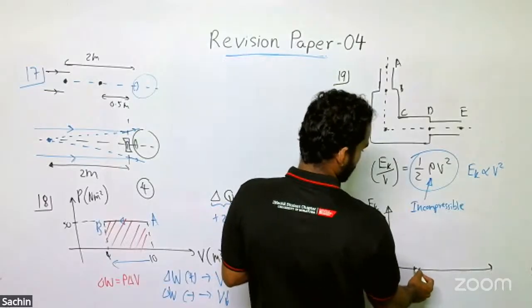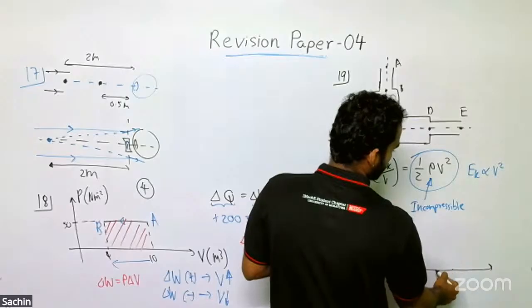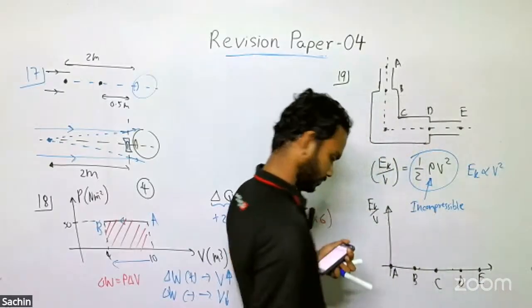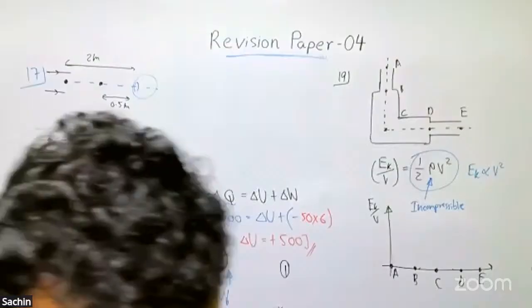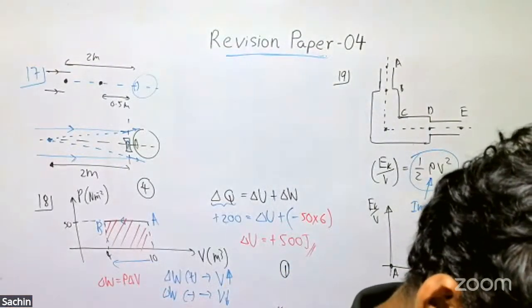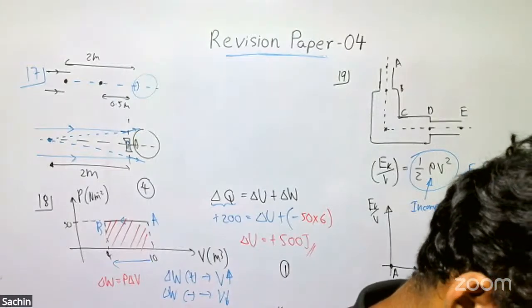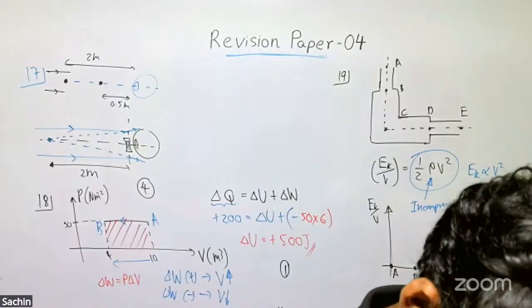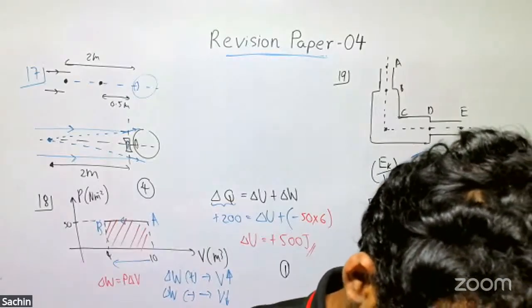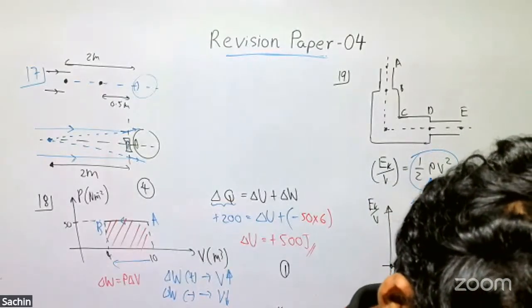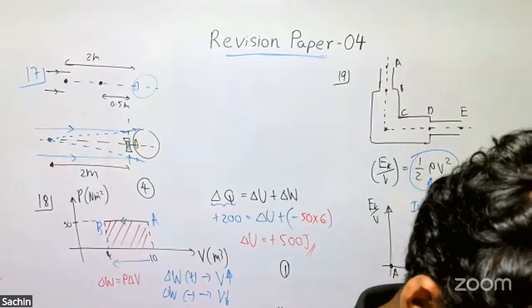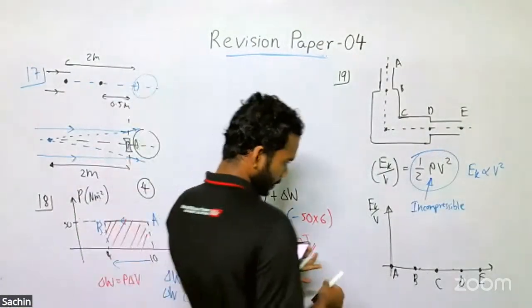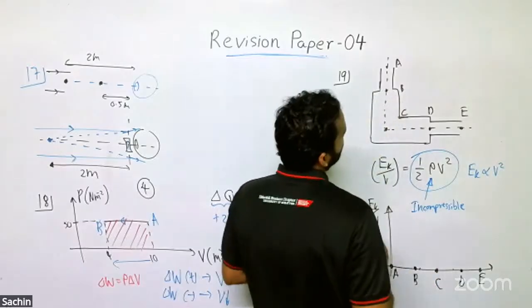A is here, and C somewhere here, and then comes D, finally point E comes. So how to compare the velocity? So if the flow is steady,